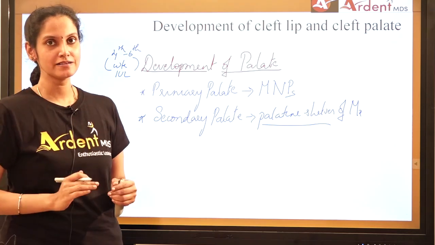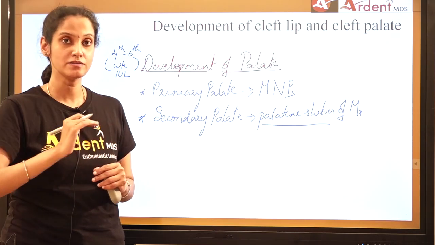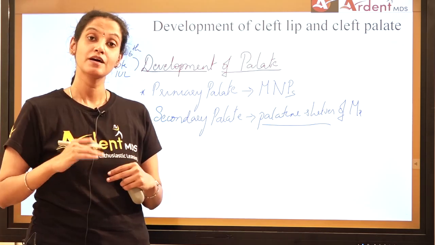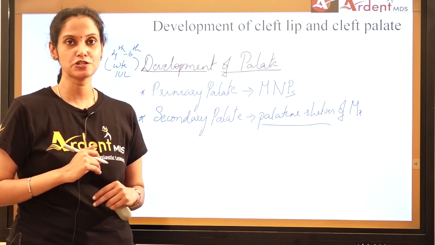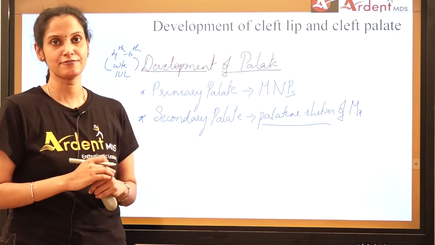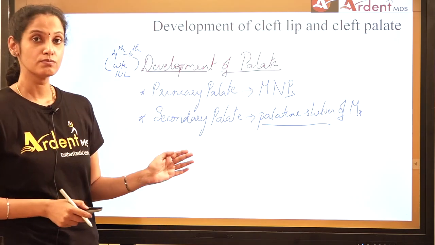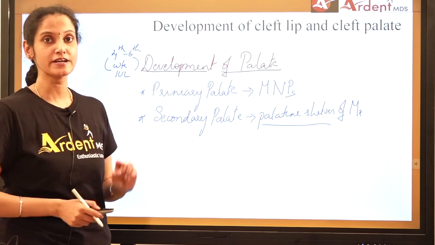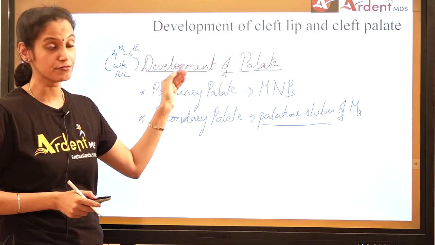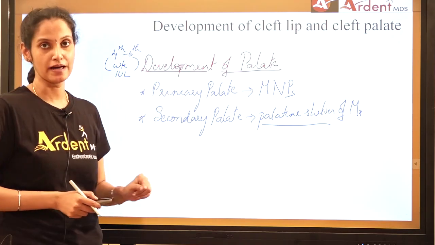And the secondary palate development occurs and gets completed only after the mandible grows, the tongue descends down and the palatine shells rotate from the vertical to the horizontal position, completing their fusion at the mid-palatine raphe region from the anterior to the posterior direction. So now you know cleft palate occurs when there is a defect in the fusion of the palatine shells or defect in the fusion of even the medial nasal processes, where there will be a defect of the primary palate.